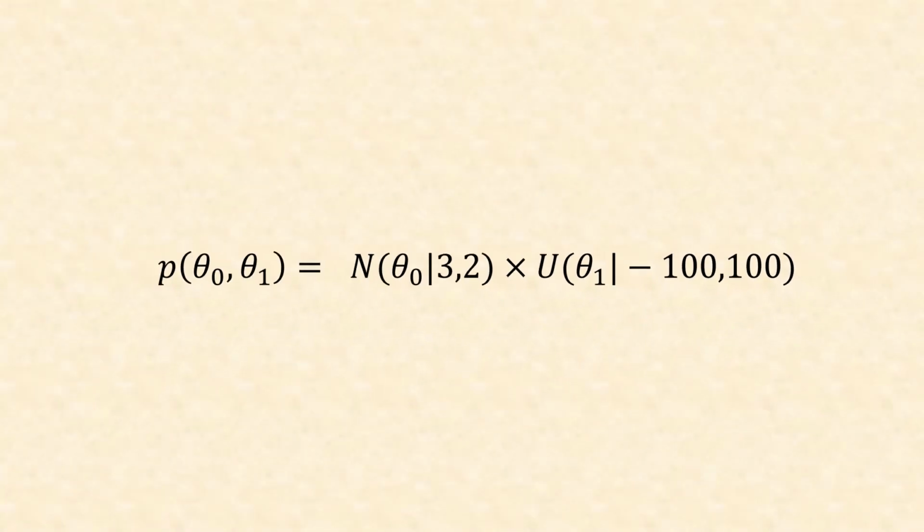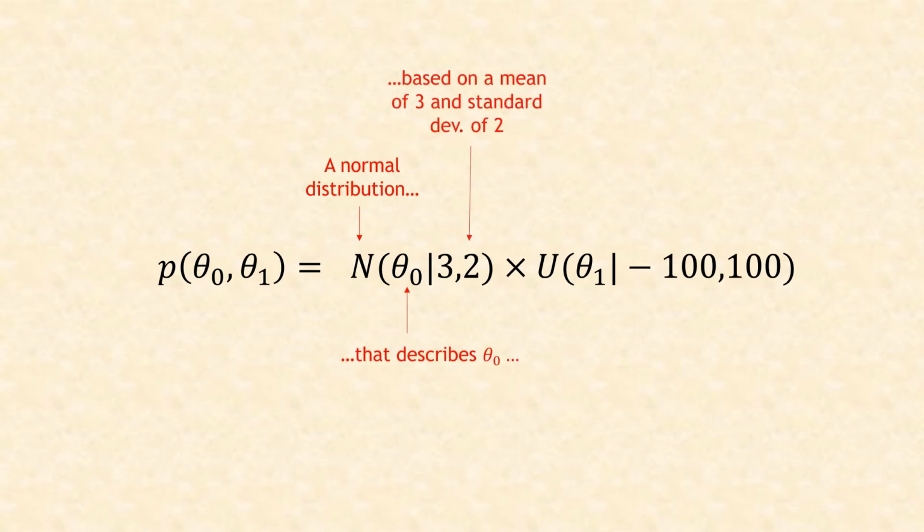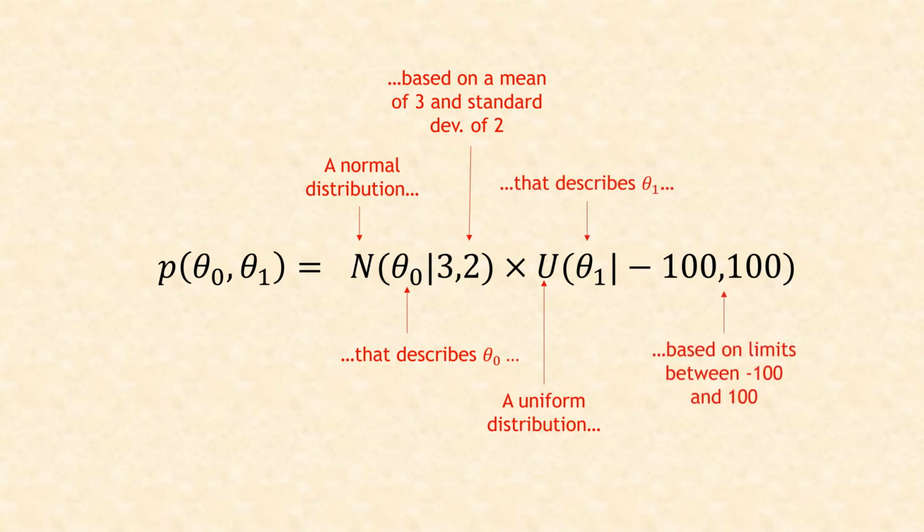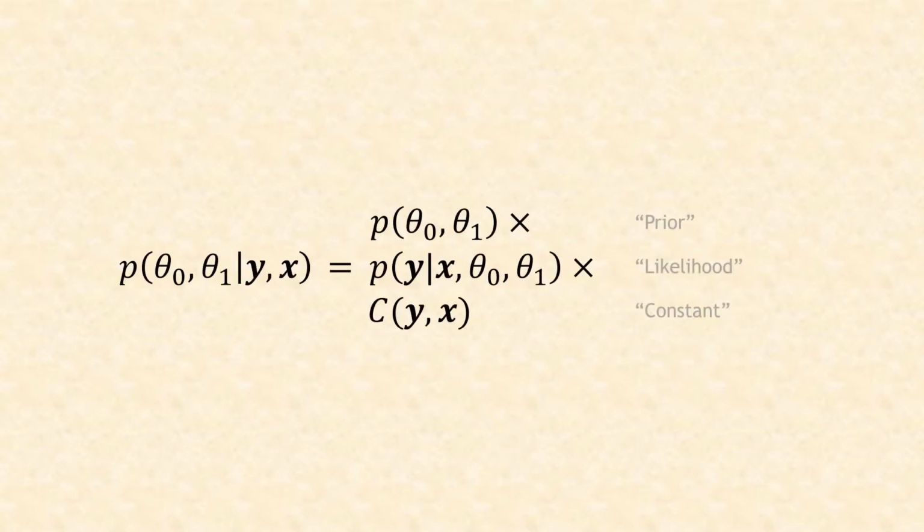The notation here follows the convention that we saw before about conditioning. The first term means a normal distribution about θ0 based on a mean of 3 and a standard deviation of 2. The second term refers to a uniform distribution about θ1 based on limits between -100 and 100. Knowing the shorthand version of these distributions is really important, because this is the notation that you'll need to use when using Stan. So we can now substitute our prior equation into our posterior, like so, and then move on